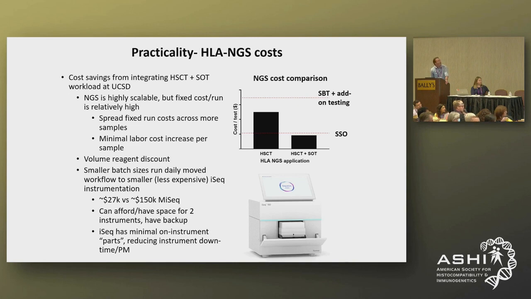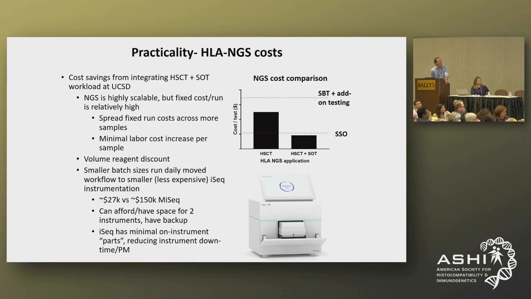If we think about cost, NGS does have the impractical aspect that there's a high fixed cost per run. There's also the fact that you typically have to buy a new box, and the new box can be expensive. But what we saw at UCSD, at least initially, was that there was cost savings from integrating high-res and solid organ transplant work. So without giving dollar amounts, what we saw is the bar graph on the top right,